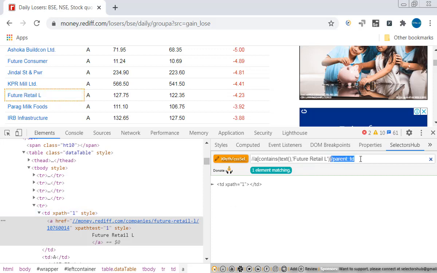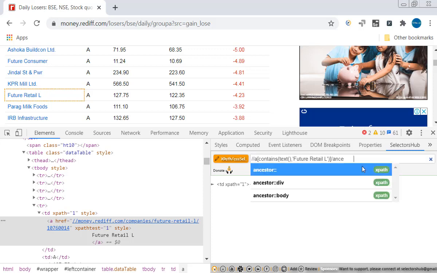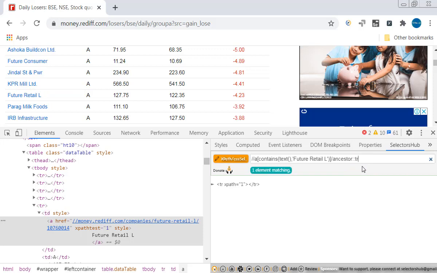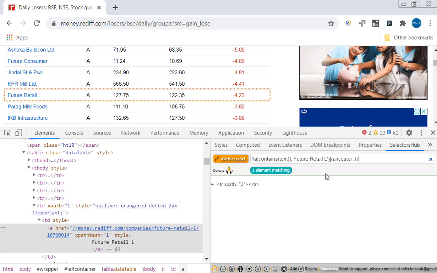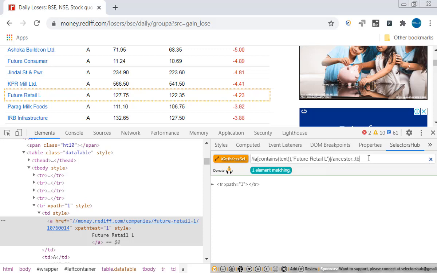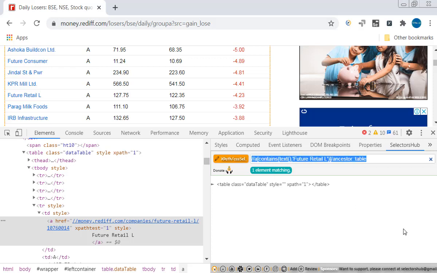So what I do now, I will remove the parent here. I'll just give here ancestor, give TR. I will select TR. You can see here every time whenever we write the XPath, it shows one element matching. Then, if you want to select the T-body, you can even give T-body here. If you want to give table, you can even give table here. So what is the point here? There is a difference between a parent and ancestor. Ancestor can select anything in the hierarchy till the HTML using this ancestor as an axes locator. This is easy to understand now, the difference between parent and ancestor.